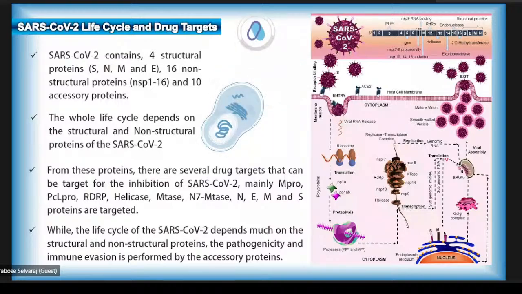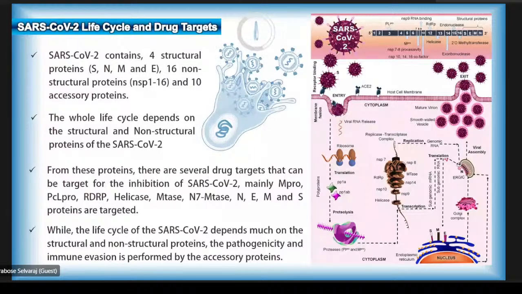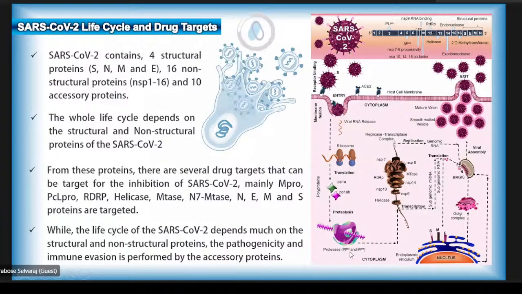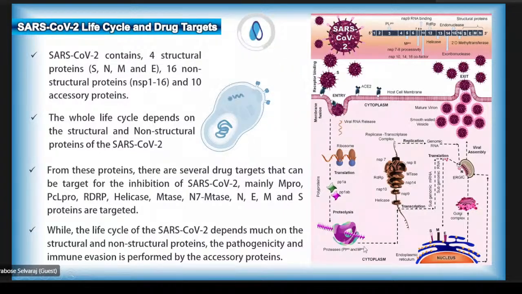This is the main process of structural proteins, while non-structural proteins mainly play a role at the mechanism level. In the life cycle, the virus attaches with the S protein, the spike, to the ACE2 protein, and once it binds ACE2, it goes inside the cell and viral RNA is released. The host ribosome attaches, and polyprotein 1a and polyprotein 1b undergo proteolysis. Here the main protease cleaves the polyprotein,